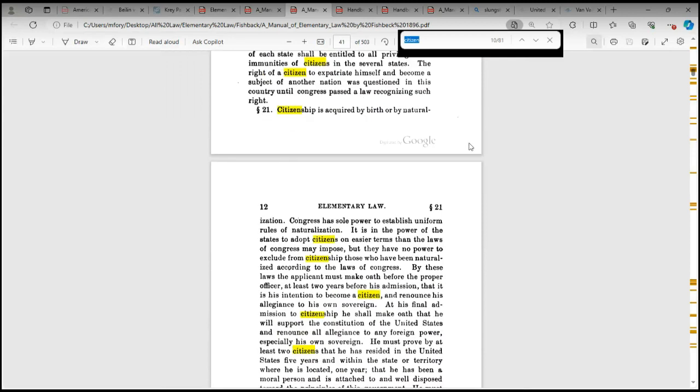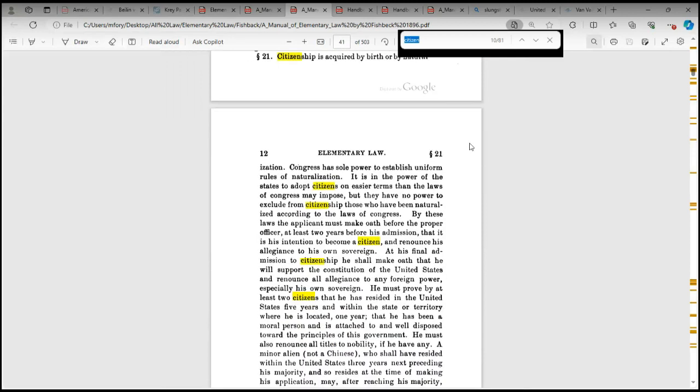Section 21. Citizenship is acquired by birth or by naturalization. Congress has sole power to establish uniform rules of naturalization. It is in the power of the states to adopt citizens on easier terms than the laws of Congress may impose, but they have no power to exclude from citizenship those who have been naturalized according to the laws of